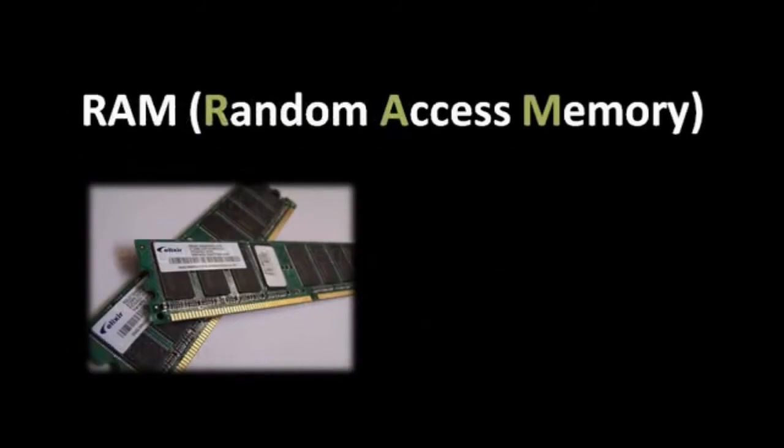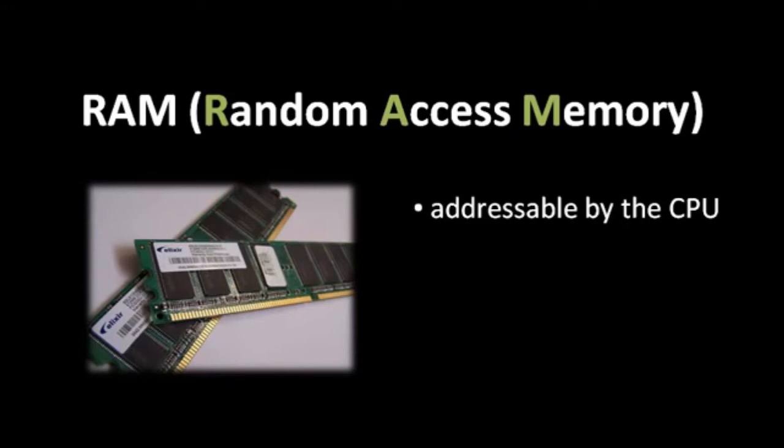Of all the components in a system, RAM is probably the simplest, and there's only a few things we really need to know about it. System memory is really just a big bucket of bits, and as far as the CPU can see, these bits are organized into bytes, and each byte has its own address, a numeric value that identifies that byte. So say on a system with 1 GB of RAM, the first byte has address 0, the second byte has address 1, the third has address 2, 3, 4, 5, and so on, and all the way up to,